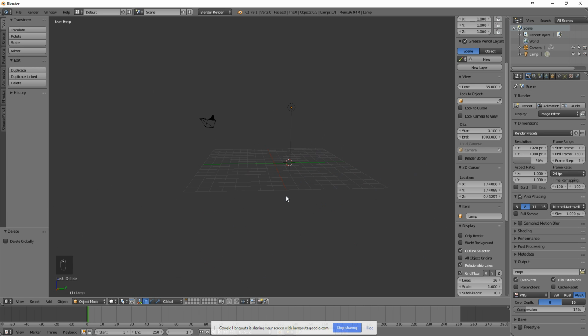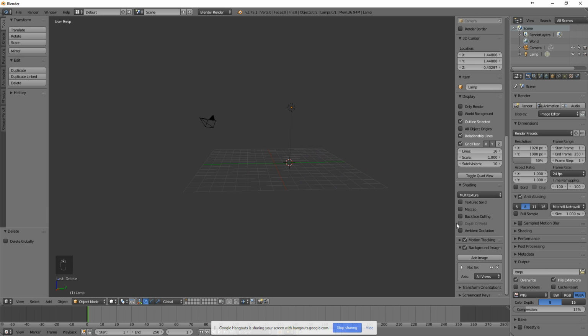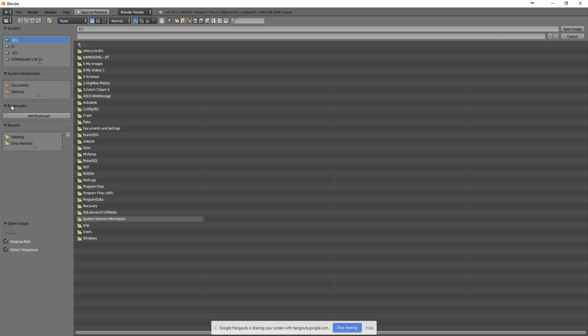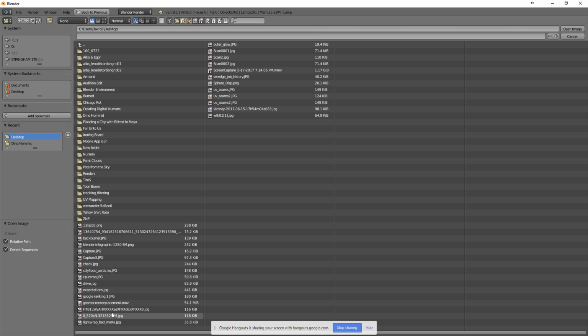We're also going to need an image. So you go into the properties panel, and then you're going to see this background images option here. You check that, open it up, and then you'll click add image. Then you click on the triangle, click on open,